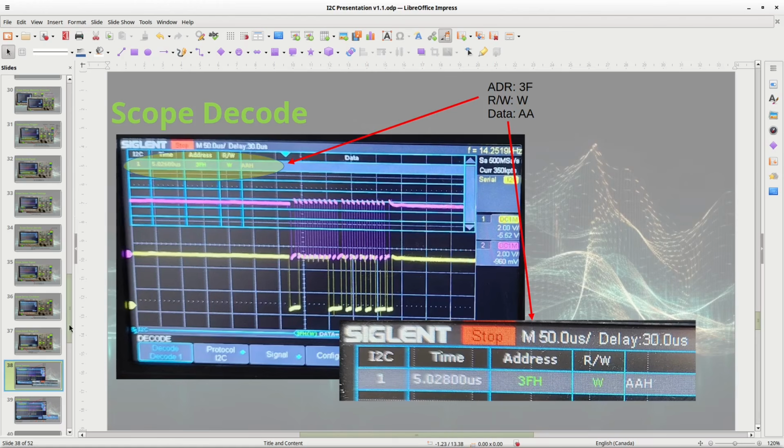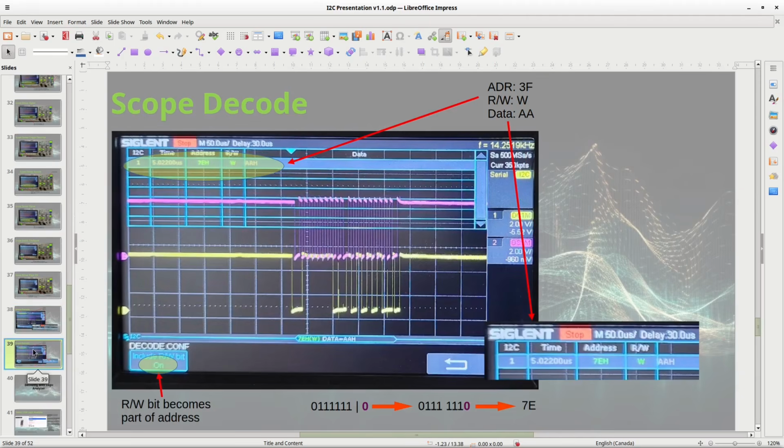There's an automatic decode. Now here's a decode for when you turn this bit on. Remember I was saying to leave it off. If you put it on, the address now becomes 7E.